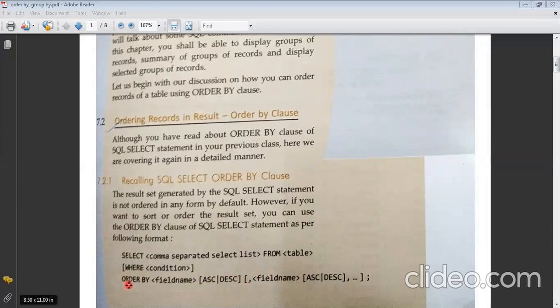One more thing to remember, which is not listed over here: if you use a group by clause or having clause, then always remember the order by clause will be the last in the query. It will never be in between. Always the order by clause will be the last one, following all kinds of keywords. Like after the select statement, if you have group by, you use group by first and then the order by clause. So this is always used at the last. So this is the way order by clause is used.